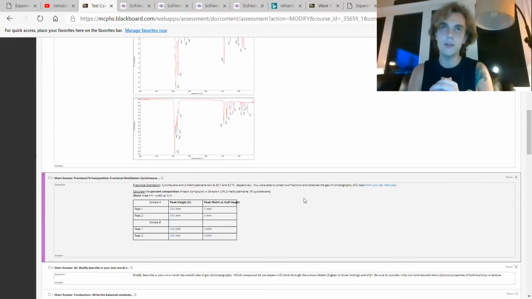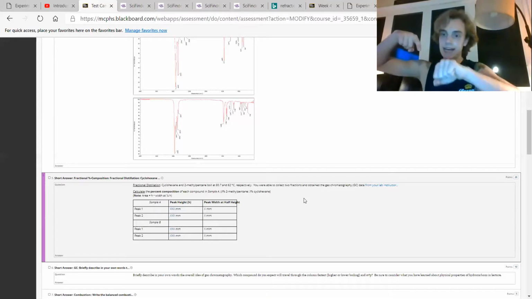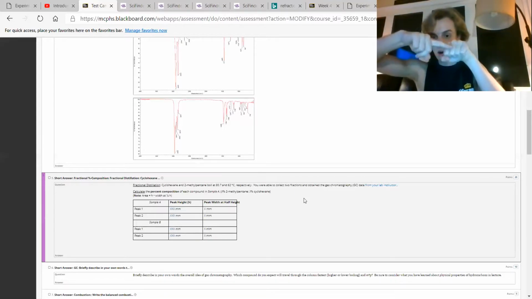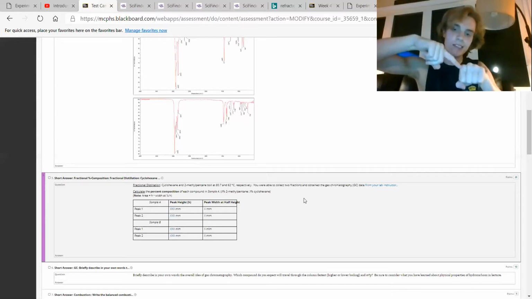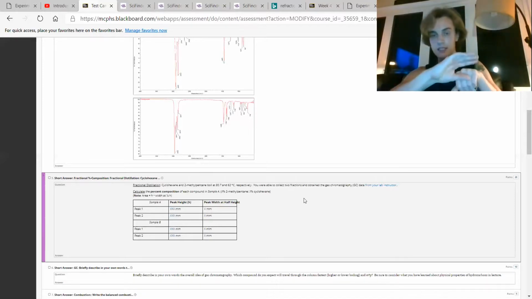So they all have different refractive indices, meaning that when plane polarized light hits this media, my fist being the media, it bends or refracts at a certain degree, okay? And as it does so, very fine-tuned machines that we have can measure this difference